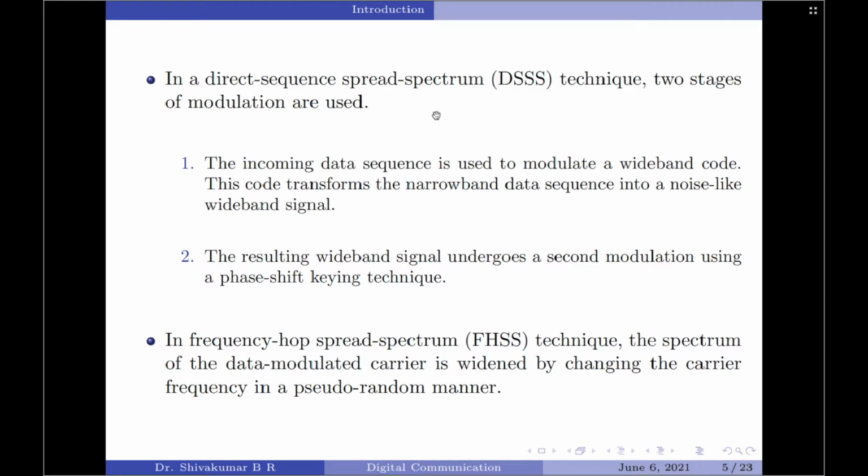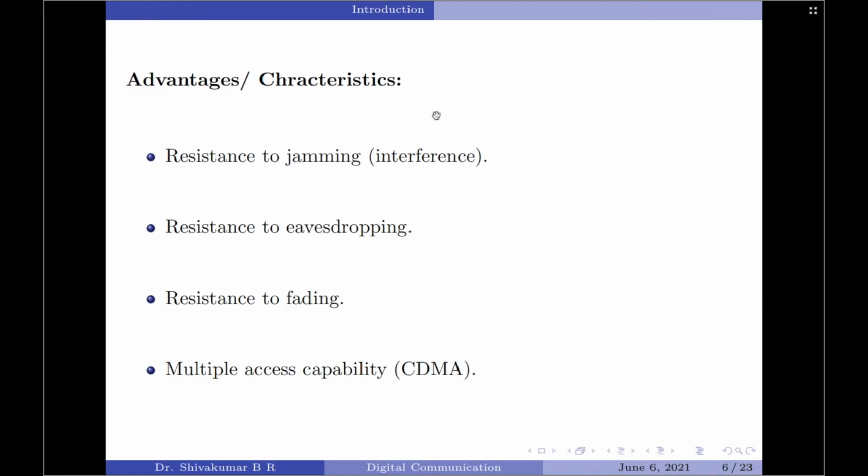The basic principle behind the operation of spread spectrum is the use of noise-like carrier waves, and bandwidths much wider than what is required for a simple point-to-point communication will be required for these techniques. Let us now move on and discuss some of the salient characteristics which also form the advantages of spread spectrum modulation technique. As we can see, we have listed 4 most important characteristics. I'll discuss each one of them now.